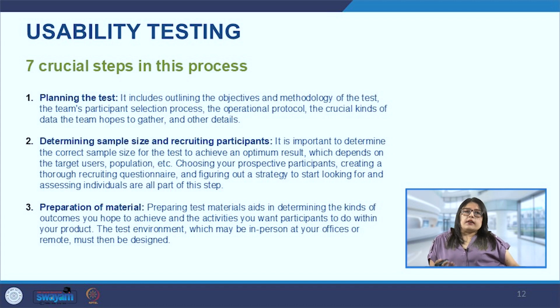Now if we ask any 20-year-old to use this application, maybe it will be very easy for them, but because our user group is elderly, probably 55 or 60 years and above, we will get those participants who are in that particular age group. If our application, for example any e-commerce application, is catering to children, adults, elderly, everybody, male, female, all kinds of people, then of course we will have to take participants from each of these categories to see that they are able to understand.